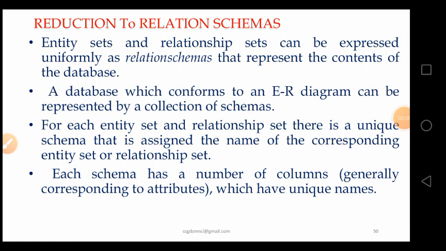For each entity set and relationship set, there is a unique schema that is assigned the name of the corresponding entity set or relationship set.